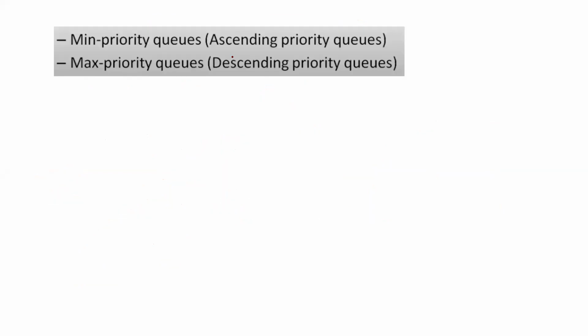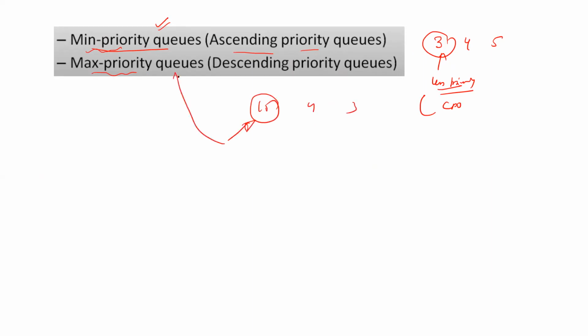These are some terms associated with priority queue. This is called a min priority queue, that is, an ascending order priority queue. If you are arranging the elements such that less priority value means more weightage by the processor, less priority value should be entertained first. Less value means more priority. In that case, this term is called min priority queue. That means the minimum value is being given emphasis rather than the maximum value. In a max priority queue, the maximum value is being given emphasis and the maximum is entertained first. So this is called a descending priority queue, also called a max priority queue. These are just notations which are being used.